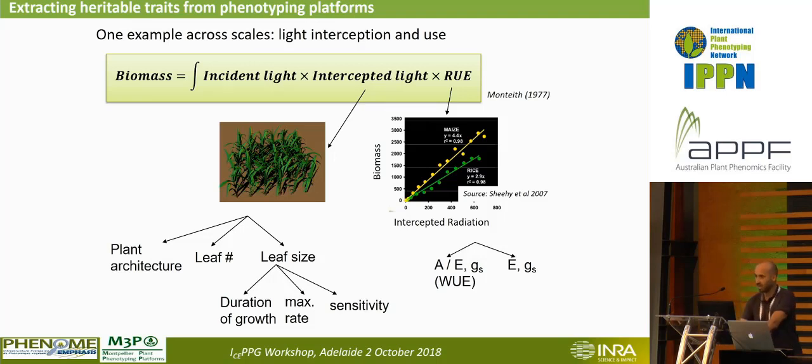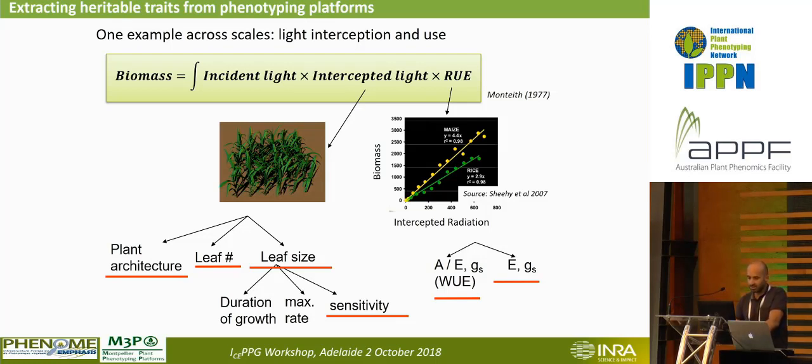For example, intercepted light depends on the leaf area. Leaf area also depends on the architecture and the canopy size, and the canopy size depends on the number of leaves, how big those leaves are, which is the rate of growth of these leaves, and the sensitivity of these leaves to the environment. Similarly, radiation use efficiency, which is mainly driven by gas exchange, we can define as other terms. And I will show now some of the work that the group of Francois has done